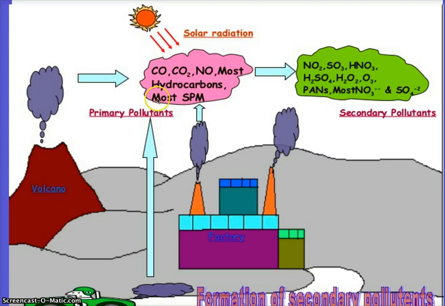And volcanoes can produce all of these as well. So when I say look at the pie and think of the main contributors, cars will contribute all of these as well. Now, something happens to these. It could be led by solar rays causing a reaction to take place, or just water, and these are your secondary pollutants, or some examples of secondary pollutants. Okay? Yes? So what a volcano